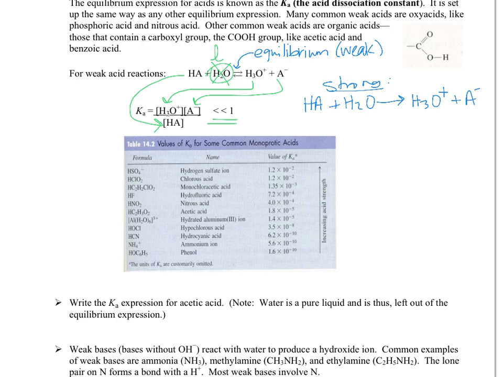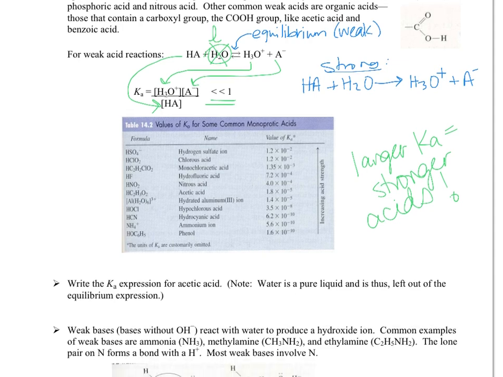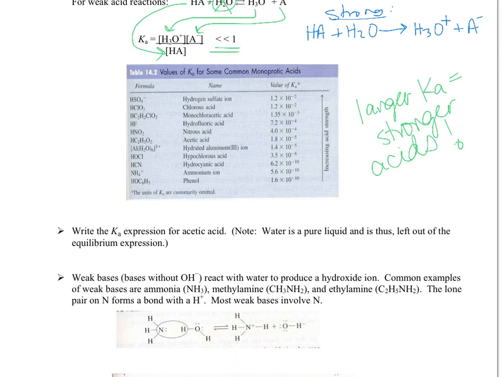One thing to notice is the strength of the acid. If you notice here with your Kas, the larger the Ka value, the stronger the acid. So you could put things in order based on their Ka values. If I wanted to write the equilibrium expression for the acetic acid,